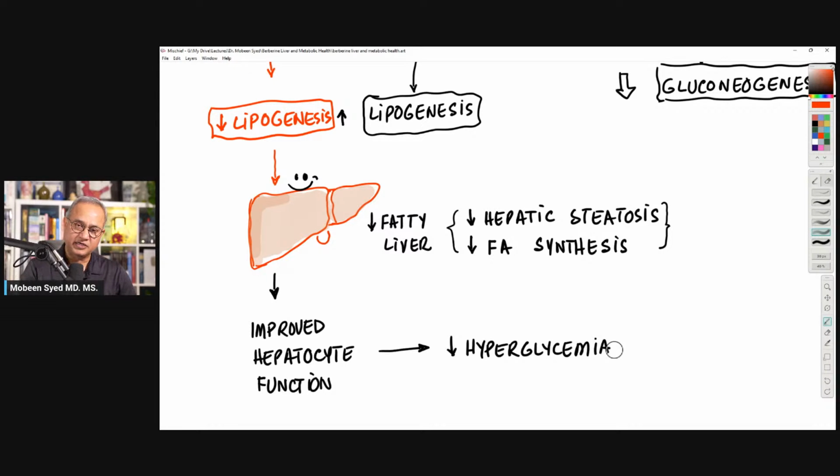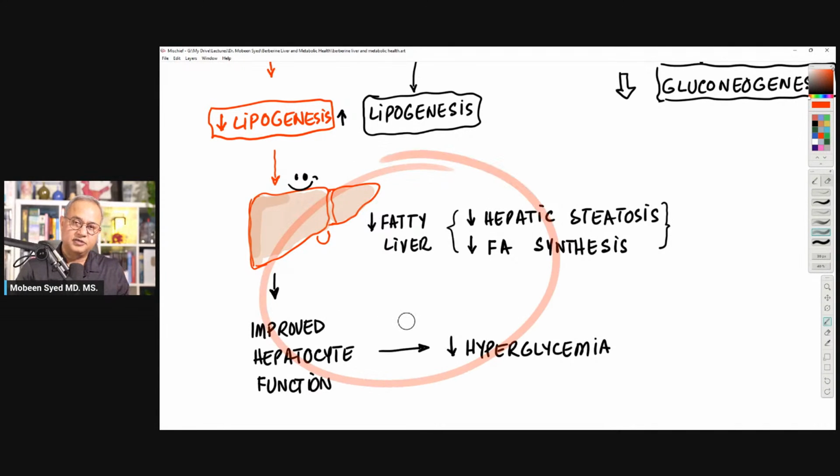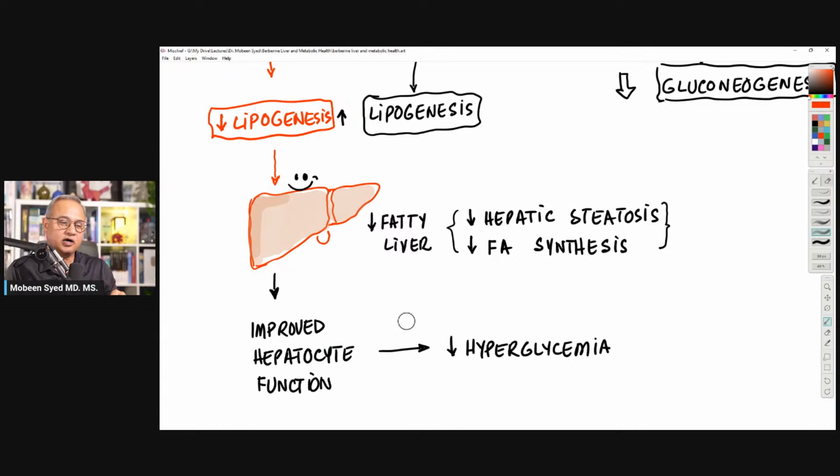Some of those functions are immediate. Glucose control is immediate. And of course, it is not the entire full control. It depends upon the person, how much glucose is present, how much berberine is present, and what the other factors are. But that is a more immediate thing, that it would help reduce the glucose levels. The fatty acid synthesis reduction and liver healing is a long-term effect, but it is a very important effect. When I was talking with Dr. Paul Merrick about this, I thought the most important gift berberine gives us is to help our liver.